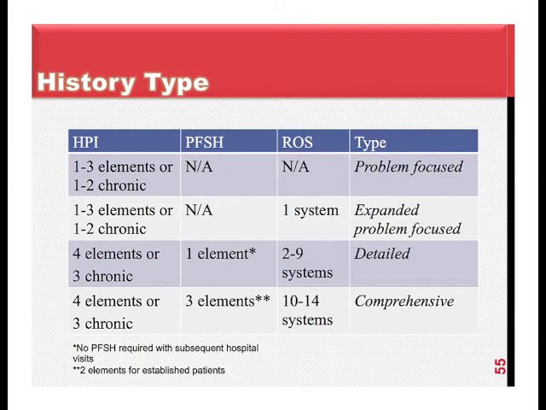Okay. So, breaking down the history again. I figure if we give you words and visuals, it all helps the learning. So for HPI, we either do the 1 to 3 elements or the 2 chronics. For our problem-focused visit, for our extended problem-focused, again, you just need the 1 to 3 elements, and you do 1 system ROS. For detailed, 4 elements, or 3 chronic problems, 1 of your PFSH, and 2 to 9 systems